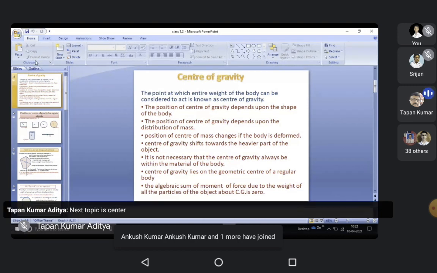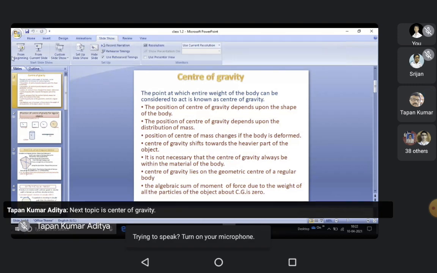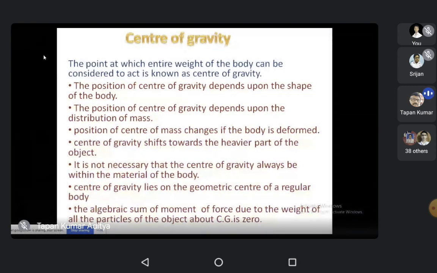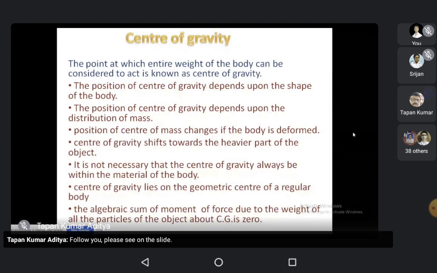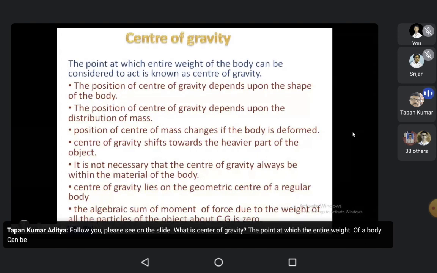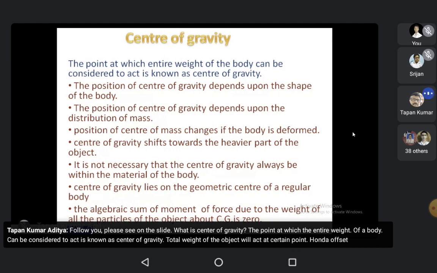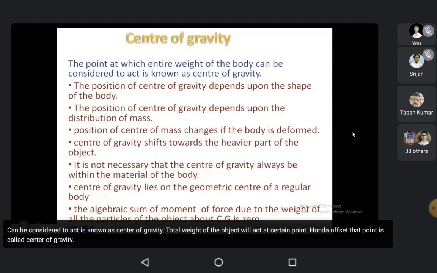Next topic is center of gravity. Let's see on the slide. What is center of gravity? The point at which the entire weight of a body can be considered to act is known as center of gravity. Total weight of the object will act at a certain point of the object. That point is called center of gravity. Okay? Once again,